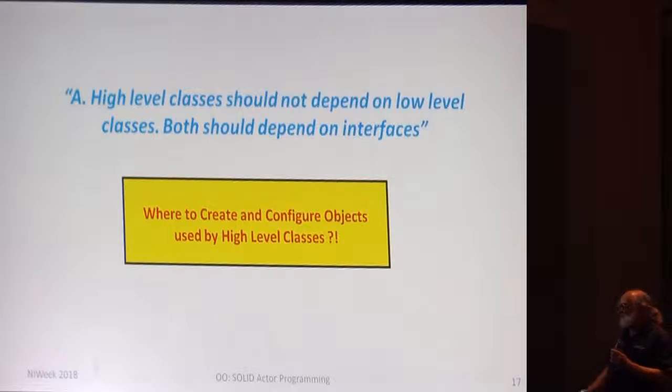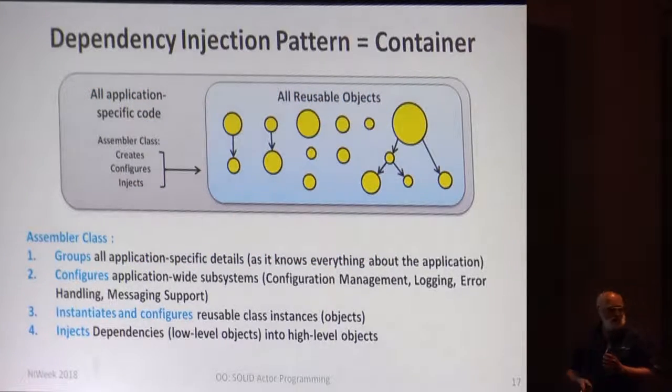Okay, so let's get to part A. If your sample scanner cannot be statically coupled to concrete device drivers, then who would create objects of those device drivers? If the sample scanner creates them, then it would be statically coupled to them. We cannot do that. So enter the dependency injection design pattern.